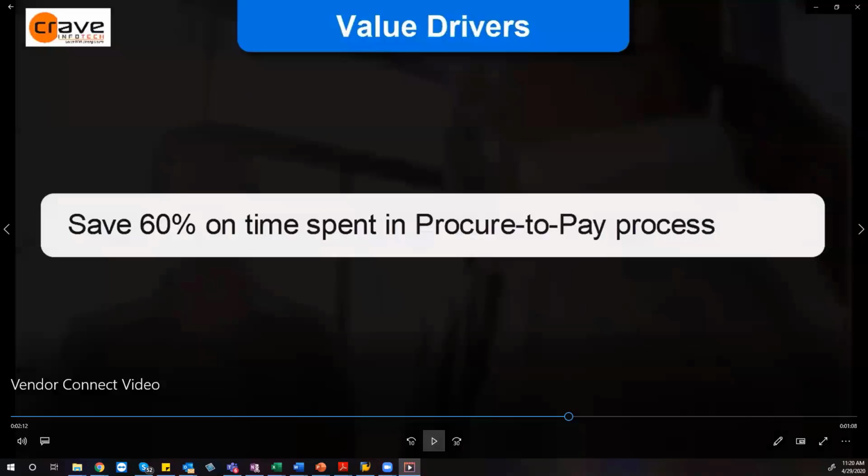So this is kind of a quick overview. I'm going to let it finish. It talks about the value drivers.